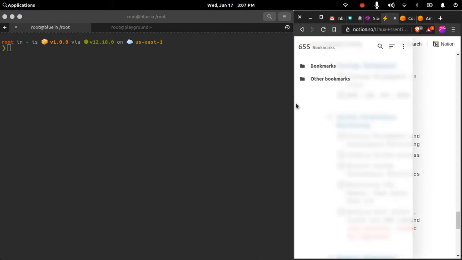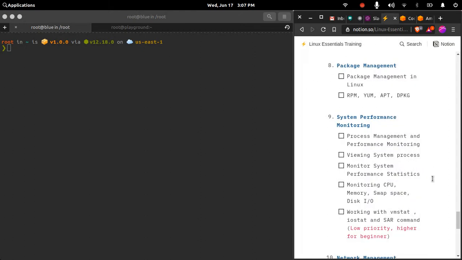All right, so today we are going to see package management and system performance monitoring. Whenever you want to install any application on a Linux based system, you would use package managers that come pre-installed on the system.